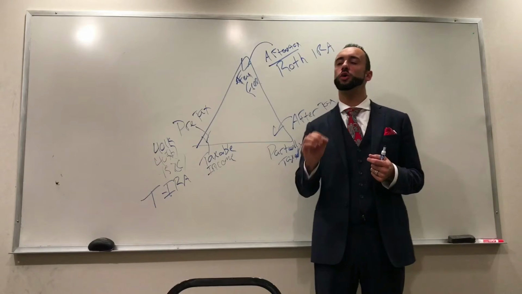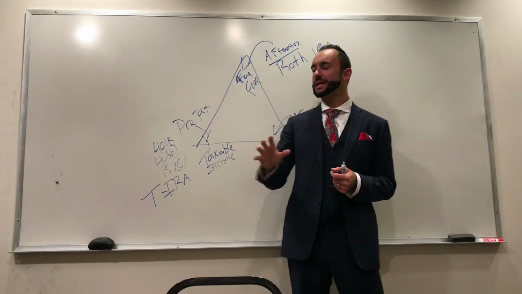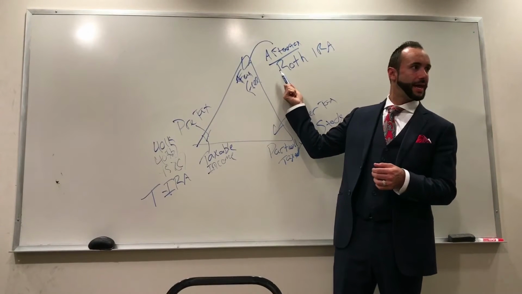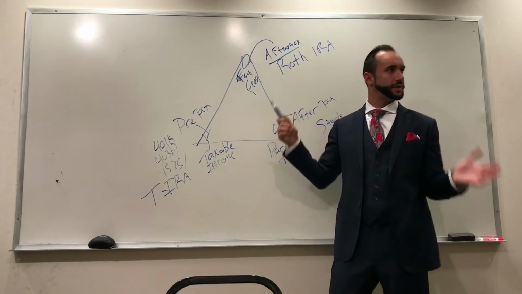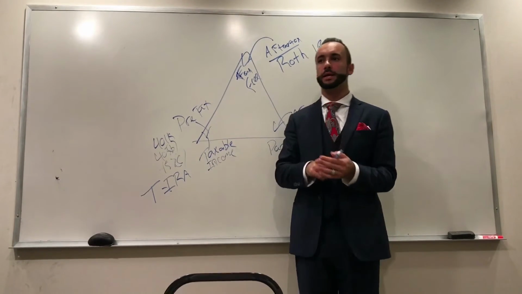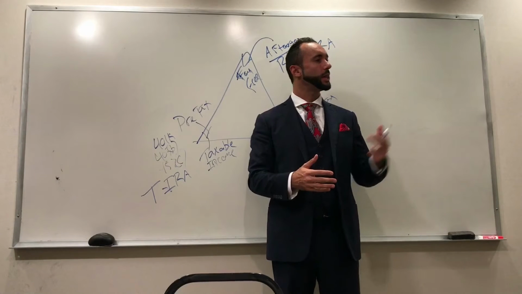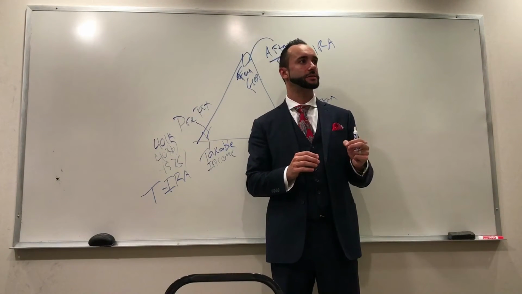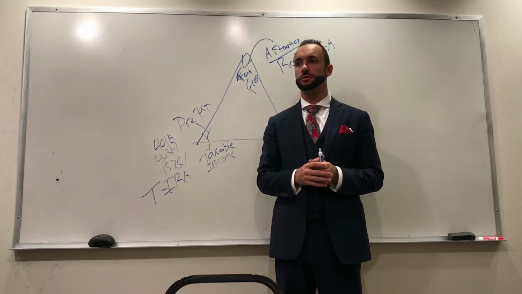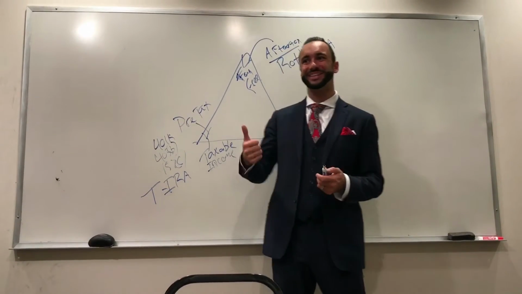If you're in a lower tax bracket today, then it might make sense to pay the taxes on that. While you're in a low tax bracket, put that money into a Roth, and then later on down the line, you don't have to worry about taxes in the future. Let me ask you a question. If you had to bet, do you think taxes are going to go up or down in the future? What do you think? They'll have to go up. Most people would say they're probably going to go up.